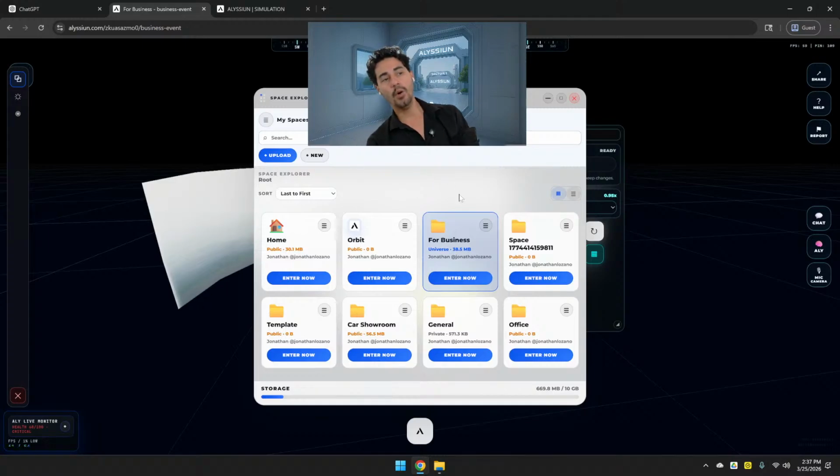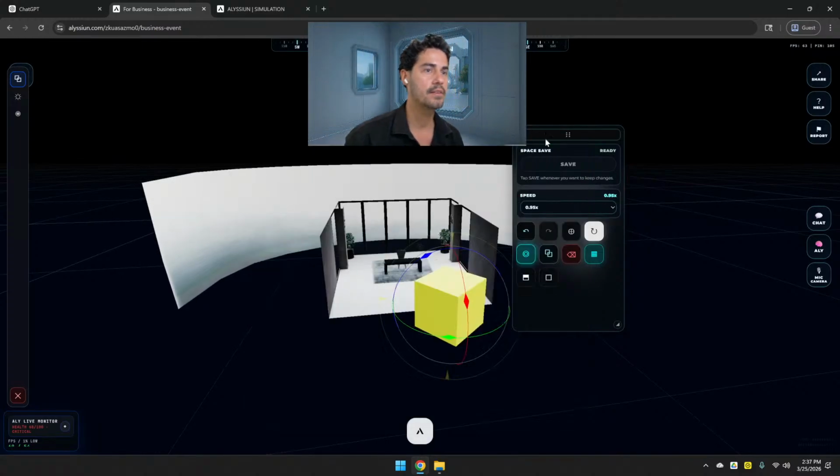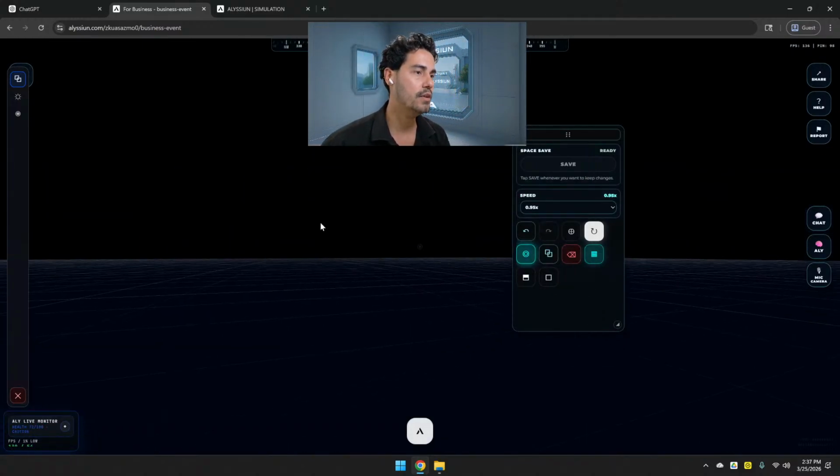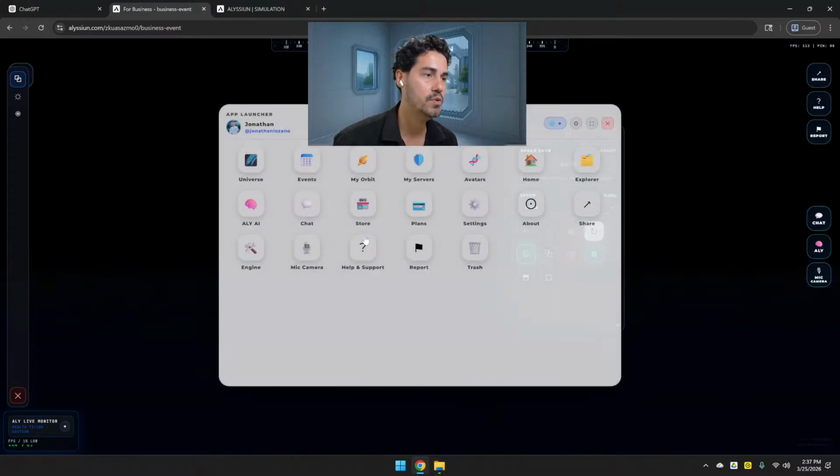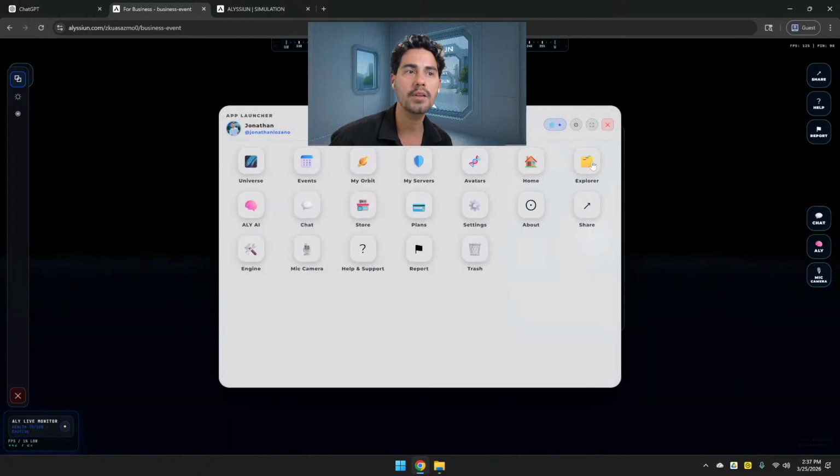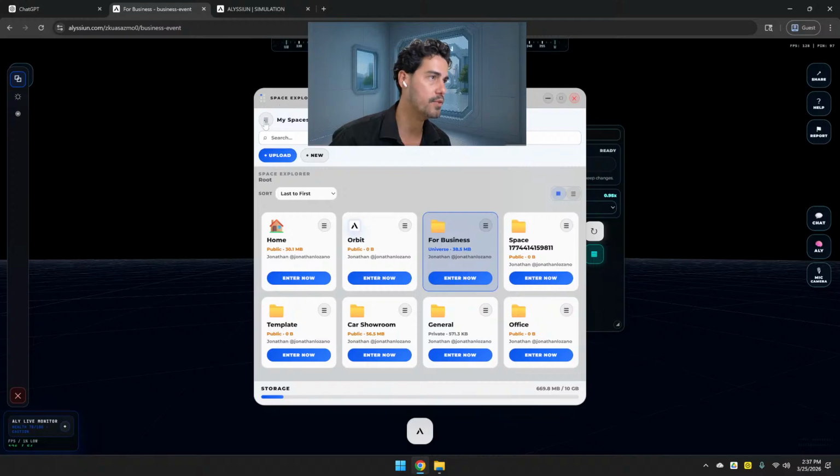New is new folder, right? But again, every folder on ALYSSIUN is treated like a virtual space. So you create a folder, and in reality, it's an empty canvas. You can use it just to save files you want from your computer and have them cross-platform in all your devices: pictures, images, assets, PDF, whatever you can name, 3D environment assets, and then you can just save it here and use it as cross-platform.